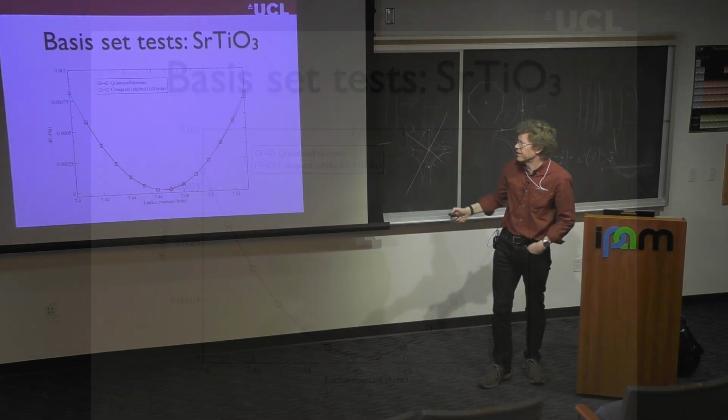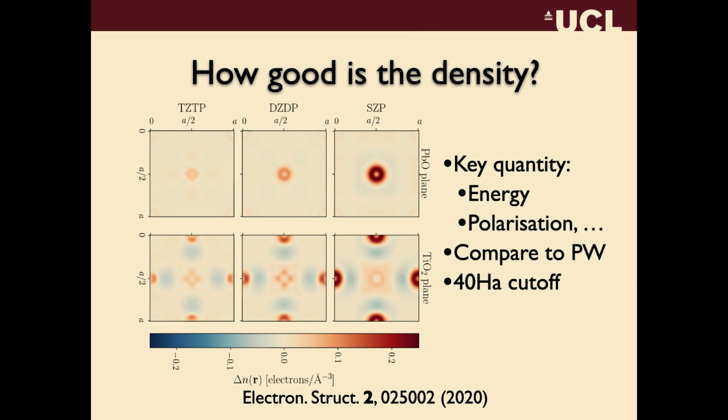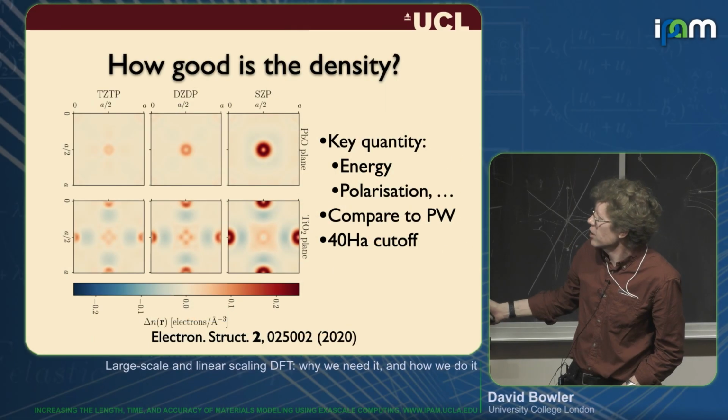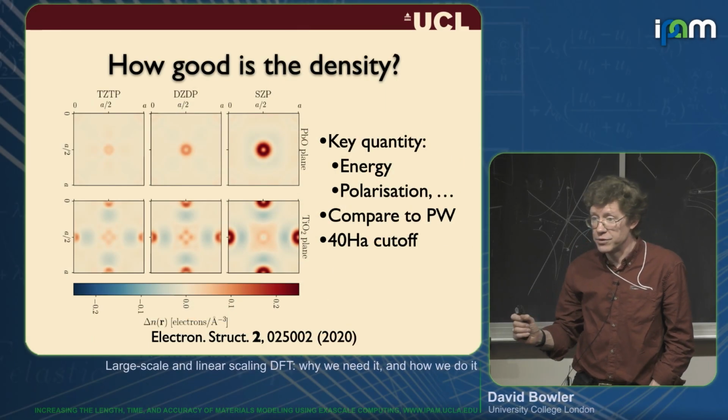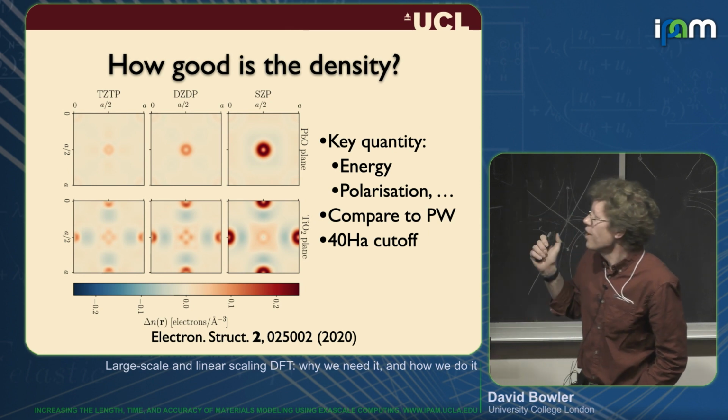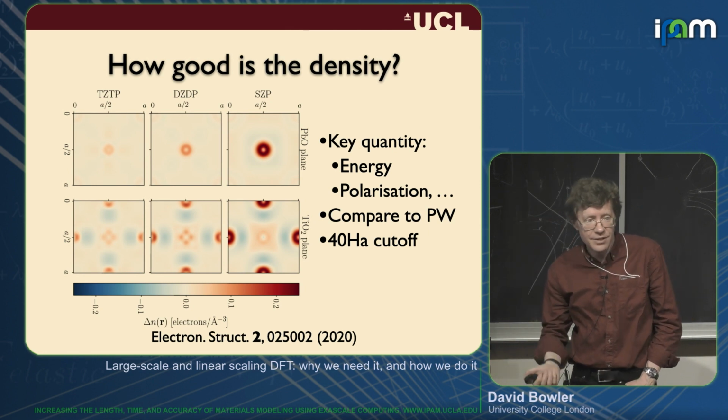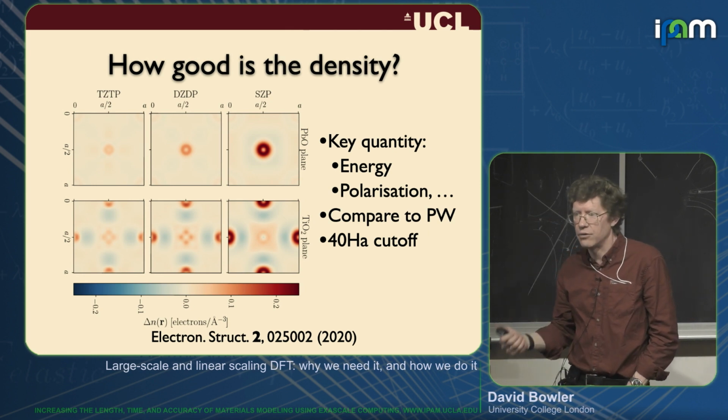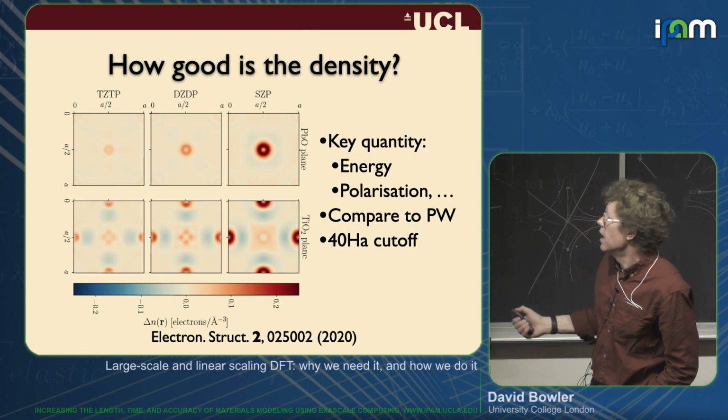And this is just to show you again. These are boring. This one is slightly more interesting. So this is one of my PhD students, and you'll see quite a lot of his work from here on. This is looking at lead titanate, PbTiO3, which is a perovskite. And Jack was interested in the ferroelectric properties of PTO. So the question he wanted to know was, how good is the charge density that we're getting out of the PAOs?